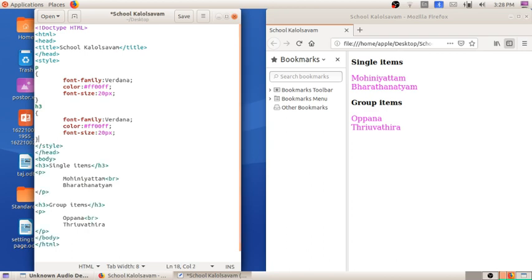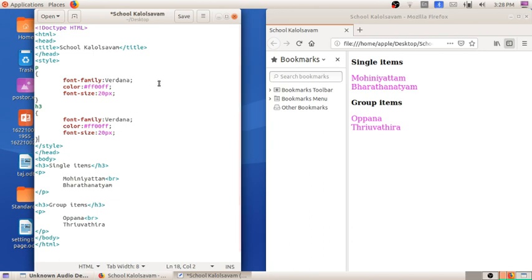I am closing that. In the textbook they have given a specific font family and color for these headings, which you can see on page number 36.